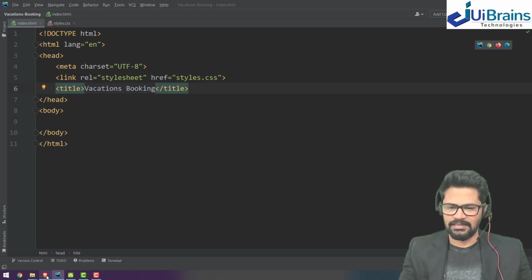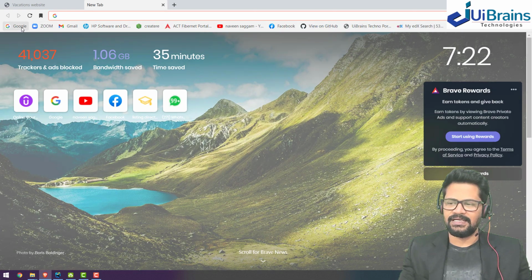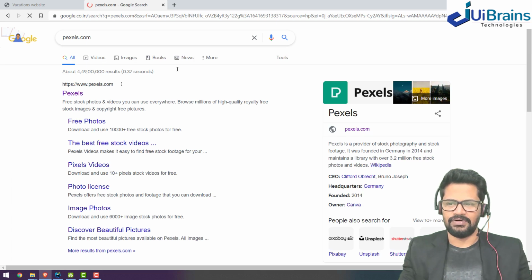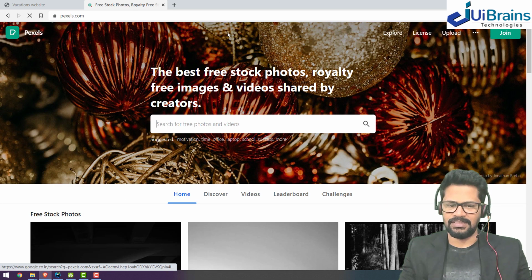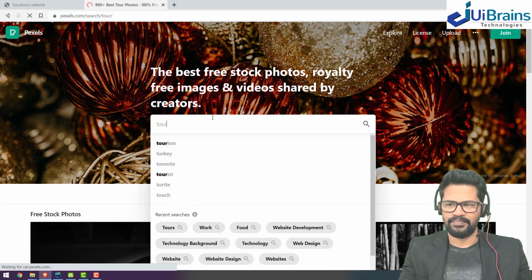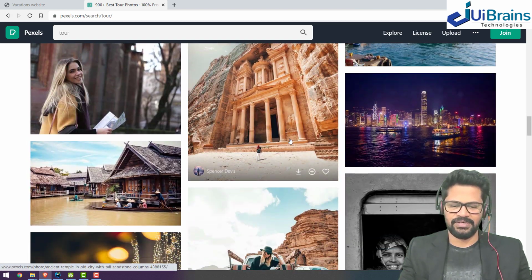There are a lot of images displayed here. Better you go to a website called pexels.com, and on pexels.com you can search for images of tour places. You get some tourist places, which you can download by yourself and keep in an images folder.